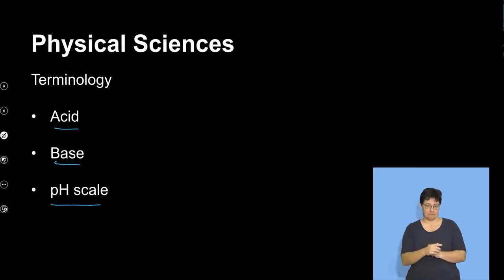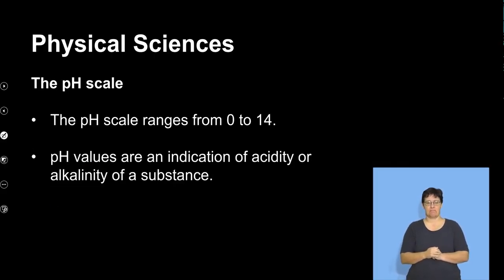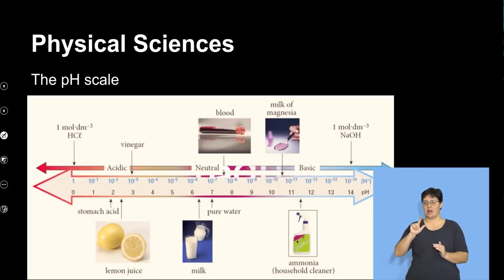Right. Okay, so if we talk about the pH scale, we're saying it ranges from 0 to 14, okay? And these values are an indication of the acidity or alkalinity of a substance. So if we talk of the scale, we're looking at something that looks like this. You'd realize that at pH 7, we are saying that's the neutral value of pH. So if a substance like pure water, as an example, has a pH of 7, we describe it as a neutral substance with respect to the pH scale.